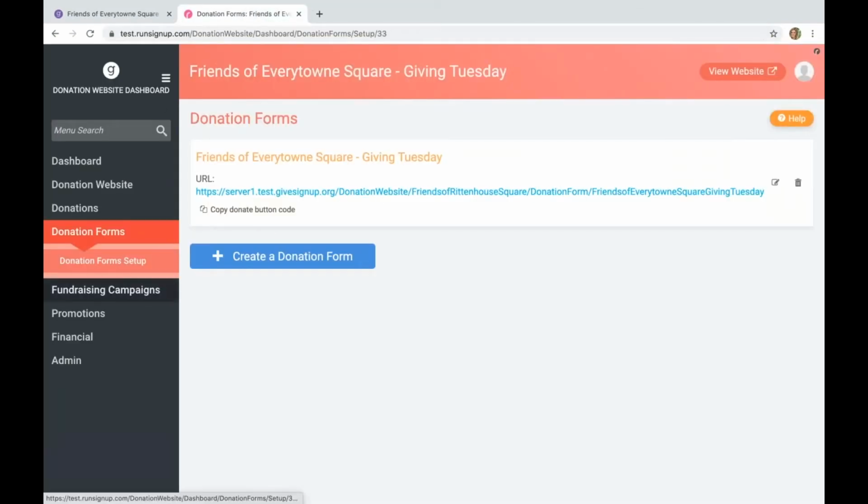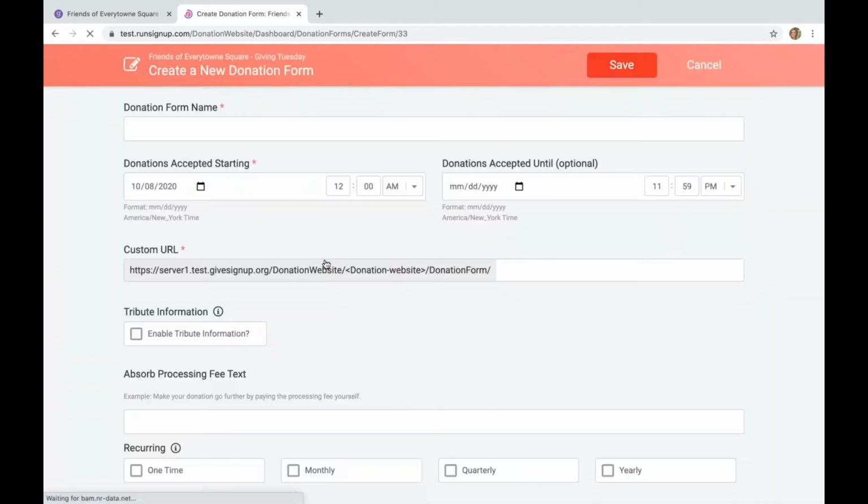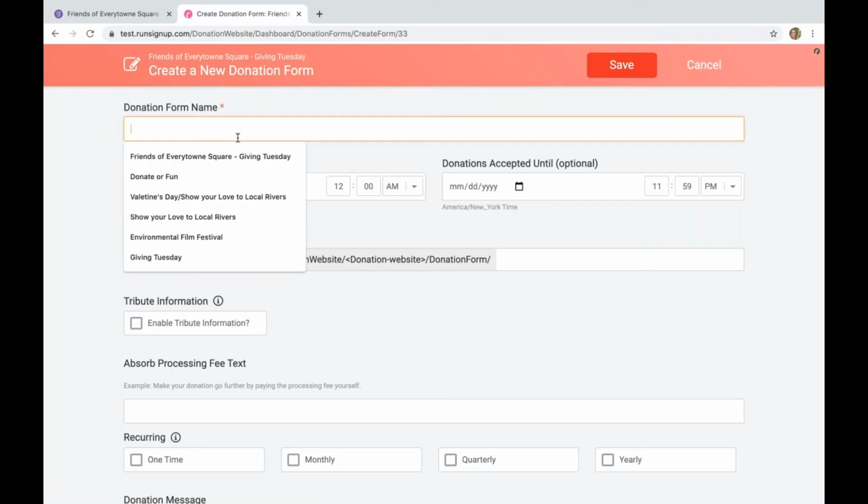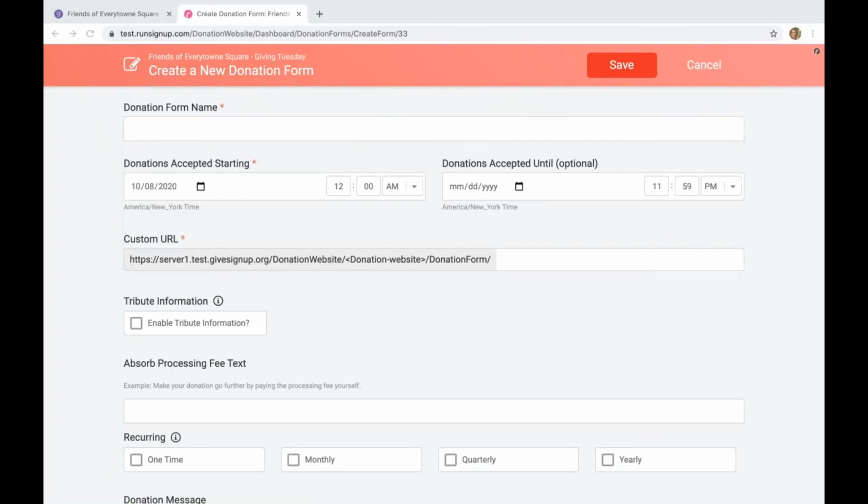For those of you that have used RunSignup or GiveSignup before, you're familiar with this page. This will bring you to your dashboard where you can do various things within GiveSignup, including creating new forms. Here you'll see that we already have the Giving Tuesday form set up, but I'd like to create a new form, and this is going to be specific to what I had mentioned earlier,